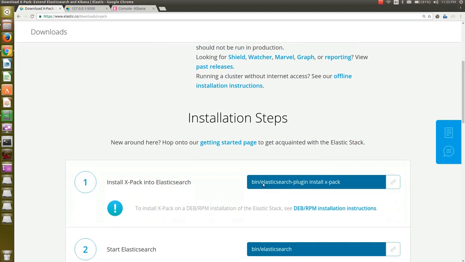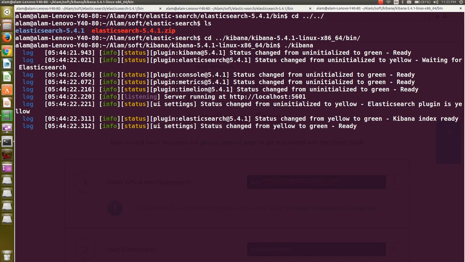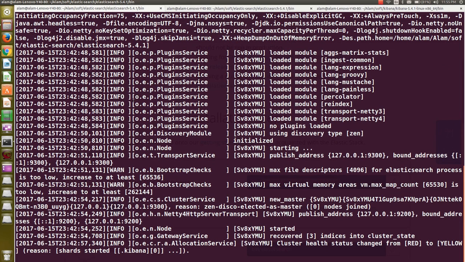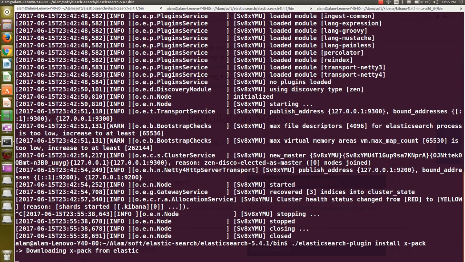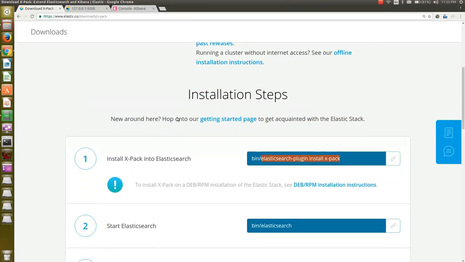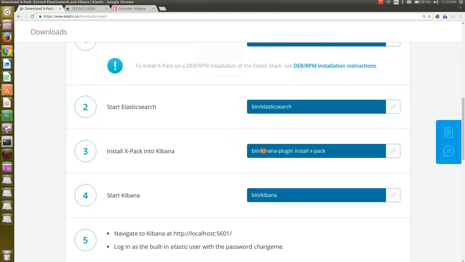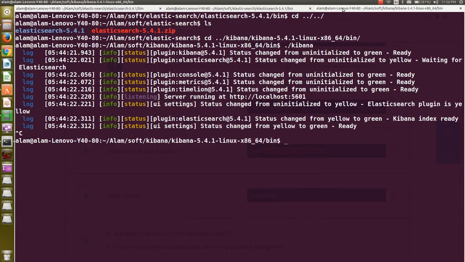So you have to go to the Elasticsearch, and to install XPack you have to run this command. I'll stop the servers now and paste this and hit the command. So it's downloading the XPack. It will take a little bit of time. So to do that multitasking, I will run this command to install XPack into the Kibana as well.